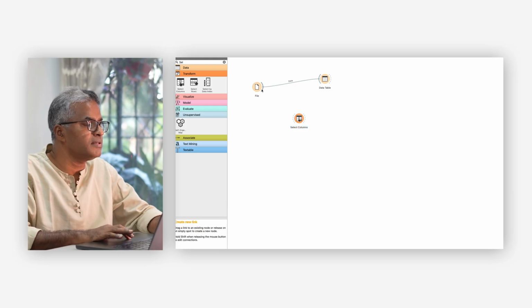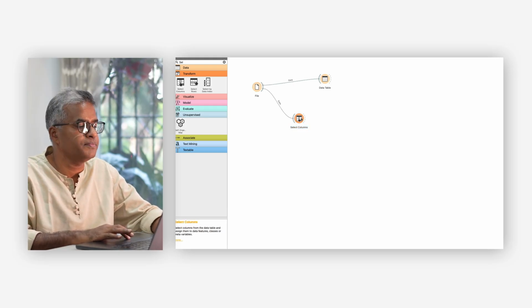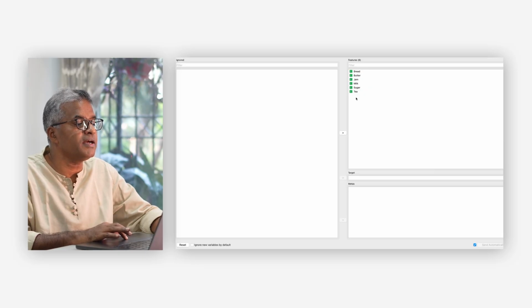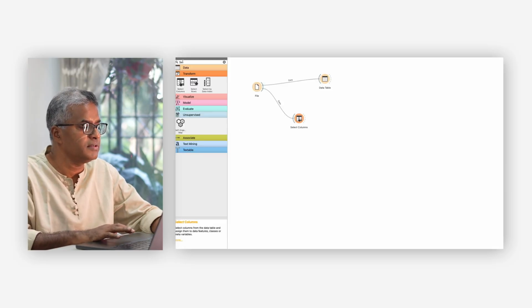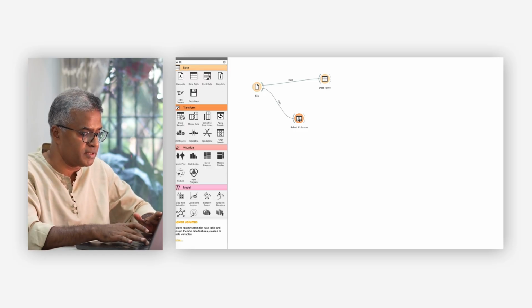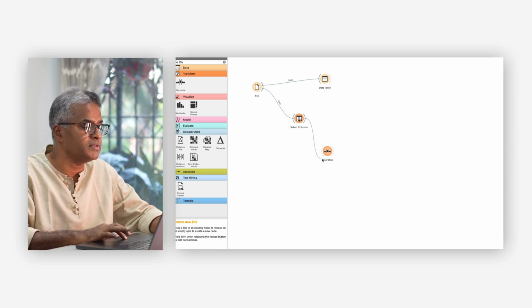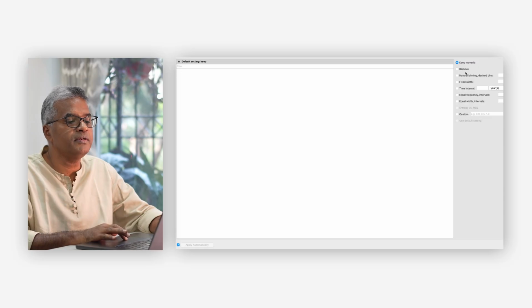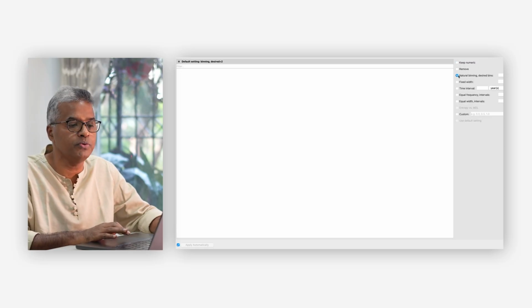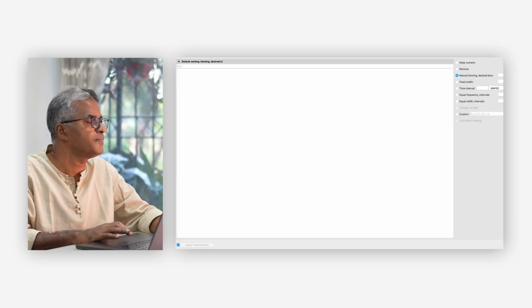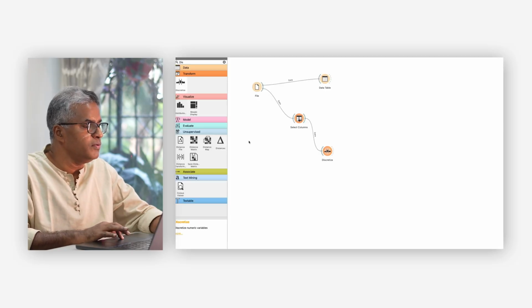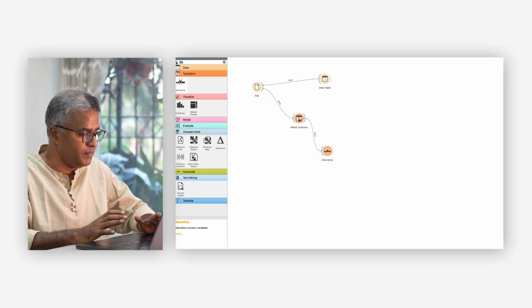Then we try to connect this file widget with the select columns, and when we double click, we could see that these items, bread, butter, jam, milk, sugar and tea, the different items have been selected, and this is what we will be using in the subsequent operations. Then now we use the widget discretize, and we connect the select columns with discretize, and suppose we select the natural binning to be 2, the standard parameter settings, and now we try to have the association rule